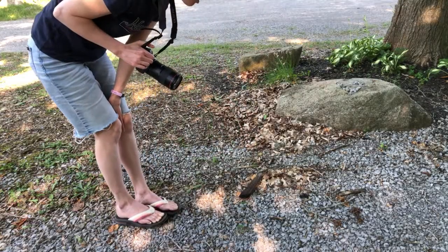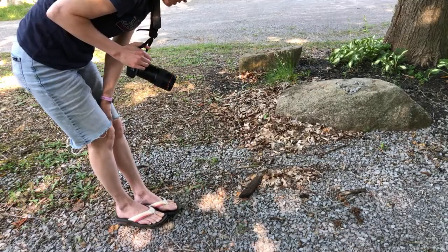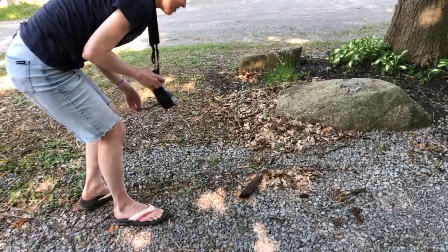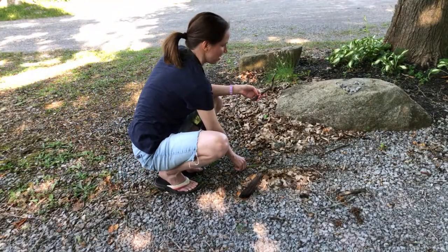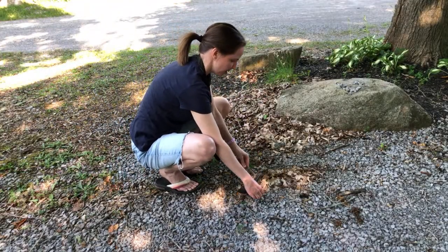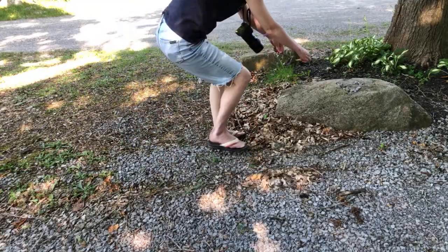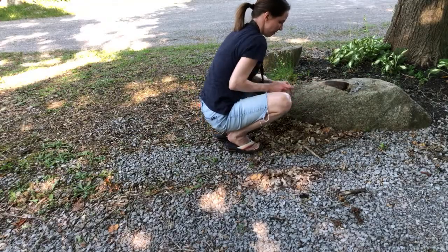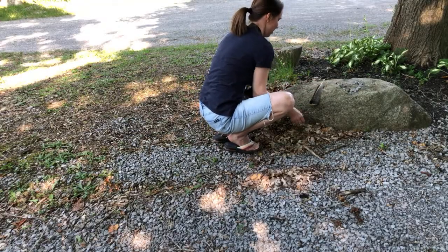This is a different angle, which I really don't know how much it matters to touch feathers. Maybe if any of you watching knows, let me know, but I'm just going to move it with the sticks just in case it matters. Because I want to get a different angle. I need to be able to get lower. And actually,